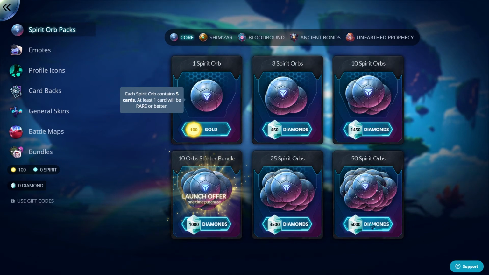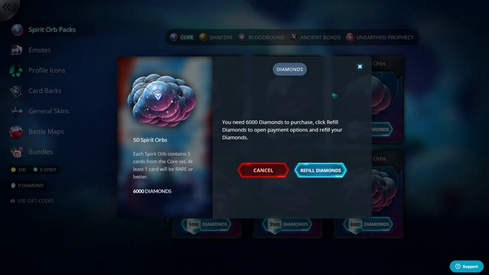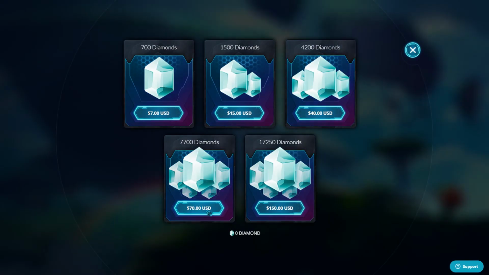So I don't know. Diamonds, let's see. Refill diamonds. That's the best way to do it. $70 gets you 7,700. So 50 packs is going to cost you at least 70 bucks. Well, I guess you get this one plus this one if you really wanted to. Obviously, they're designed in a way to get you to purchase the most diamonds if you're ever going to purchase